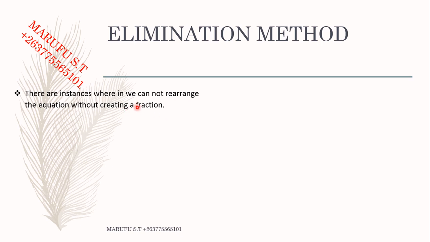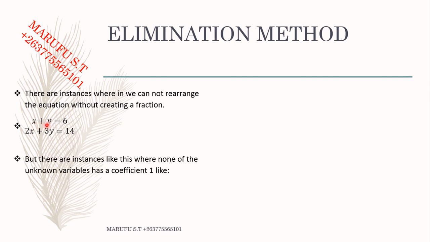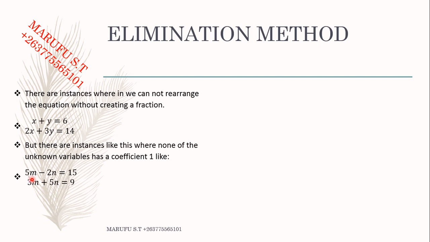So we cannot change to make a subject of the formula as we were doing in equations where x and y had a coefficient of 1. You'd see now that the unknown has a coefficient greater than 1. For example, here the coefficients of m are 5 and 3, right? If we attempt to make either of these the subject of the formula, we would create a fraction. For example, in the first equation, it would be 5m is equal to 15 plus 2n, and you divide both sides by 5, which becomes a fraction,